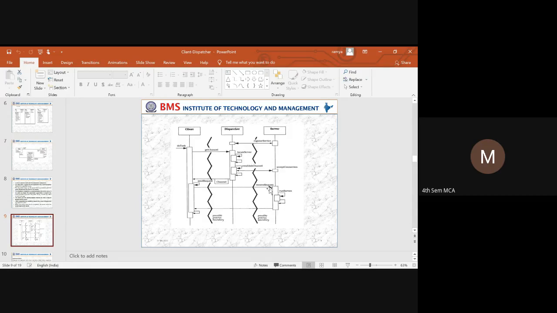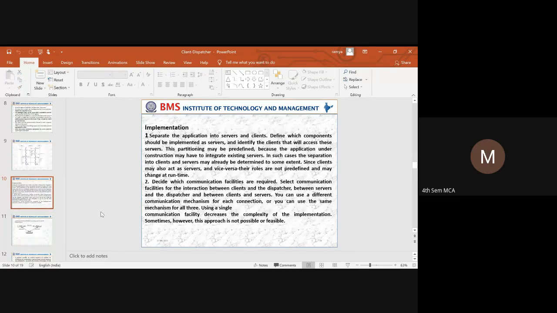So the server will receive the request and run the service. After completing the service, it will return the message to the client. After that, the client will start its processing. So this is the dynamics of the client dispatcher.